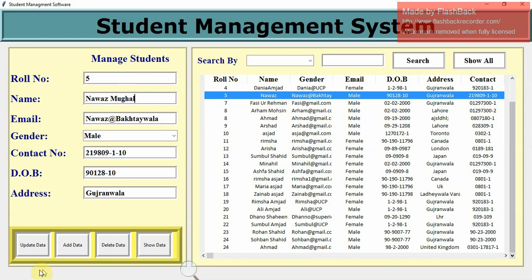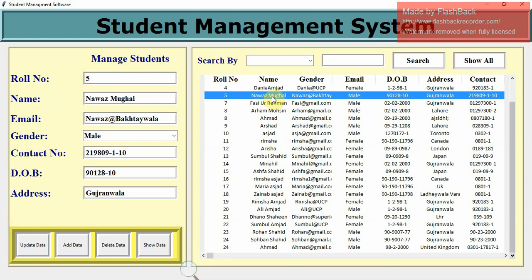Now just click on the update data button, and our data is updated. Now just click on show data again. As you can see here, the Nawaz changed to Nawaz Mughal, which means our data is updated.